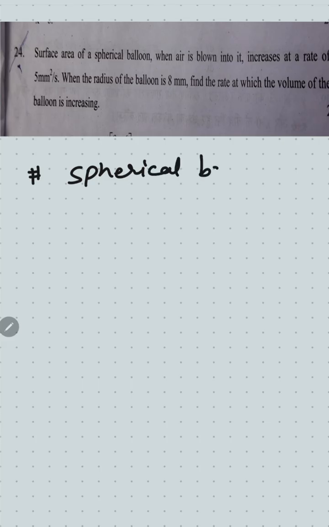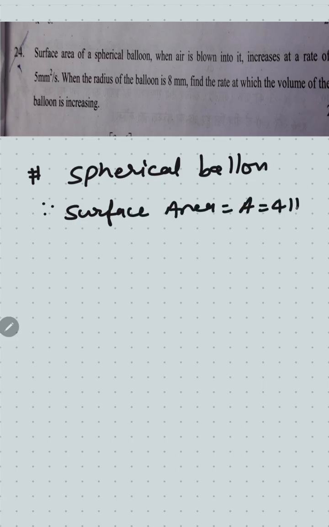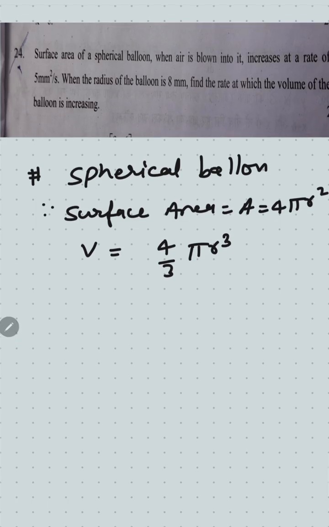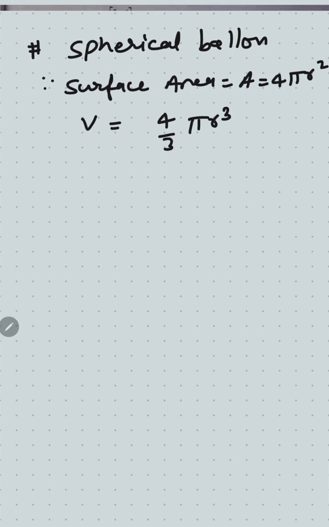A spherical balloon, it means the surface area is 4 pi r square and volume is 4 divided by 3 pi r cube. And given that the spherical area is increasing at a rate of 5,